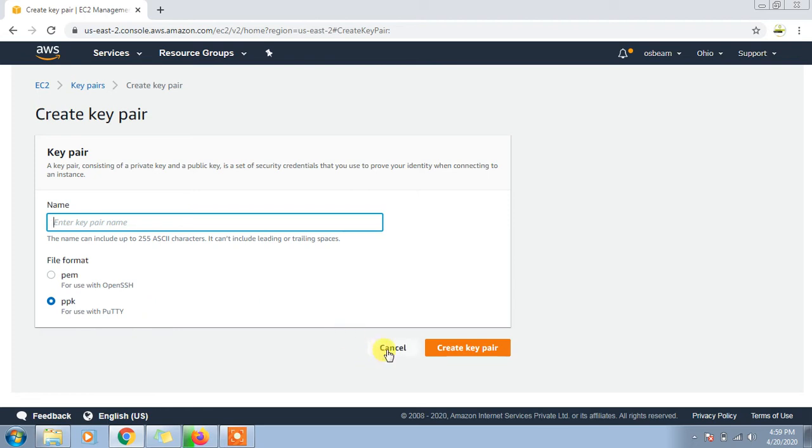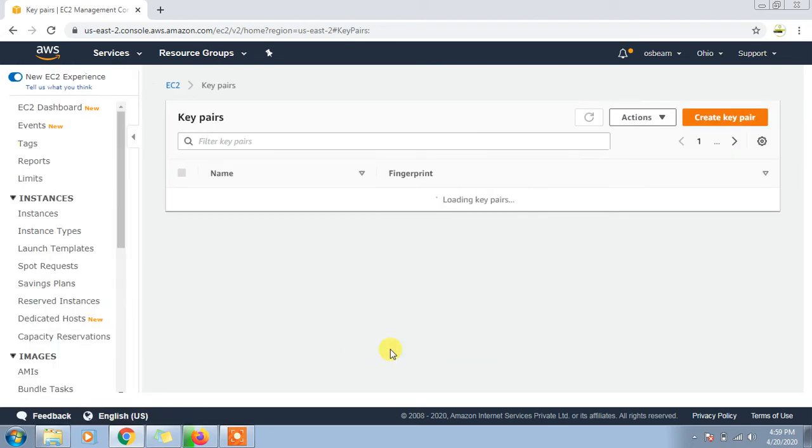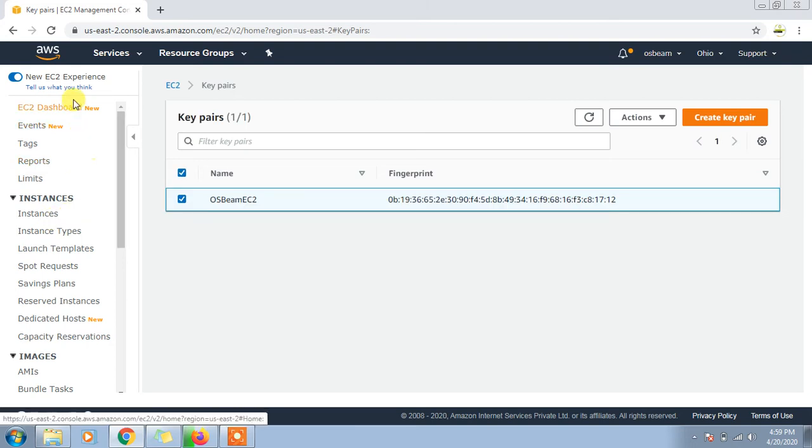So let's move forward. As I already have this key, I'll go to our EC2 instance.